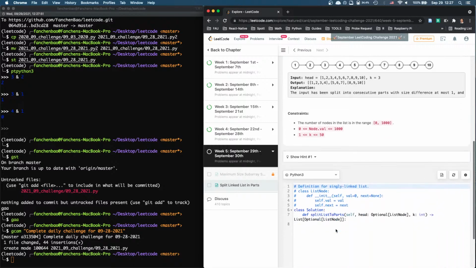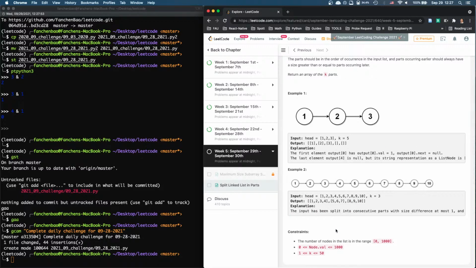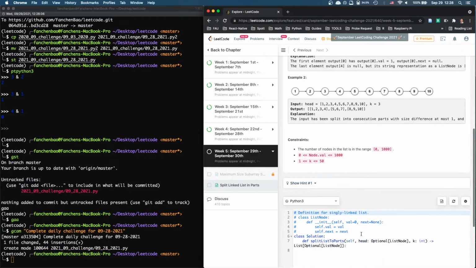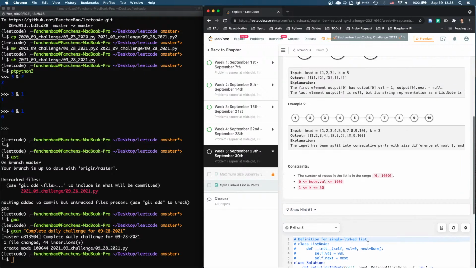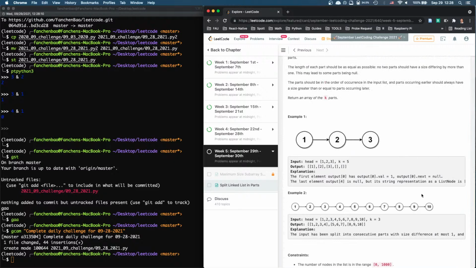All right, and definitely when it's a linked list, you shouldn't be allowed to copy this out into an array and then handle it by an array. I think you have to do it the linked list way. So when you're given a head, you have no idea how long this linked list is, right? So you have to